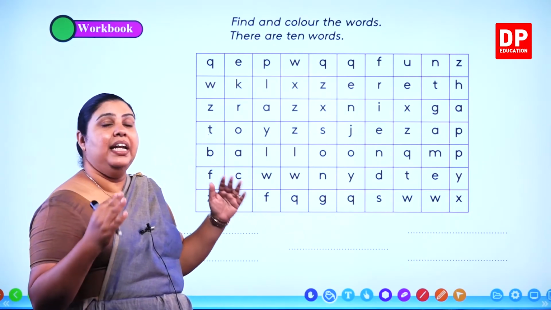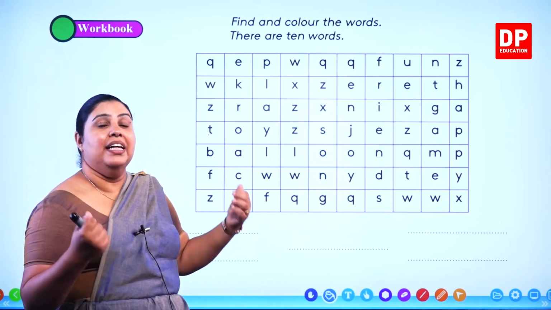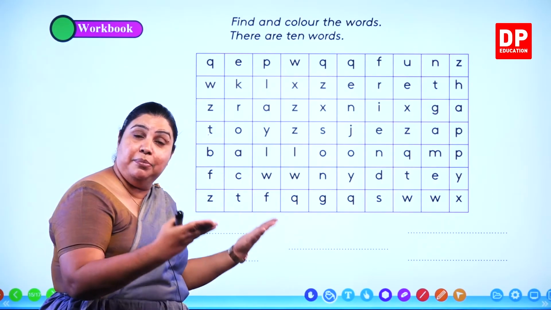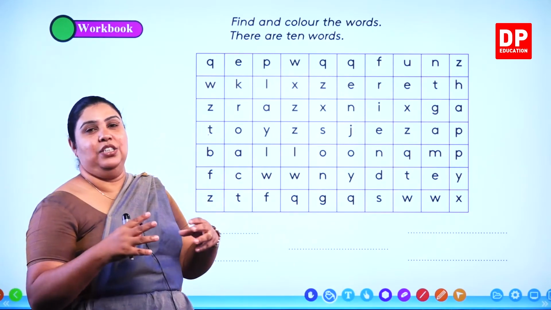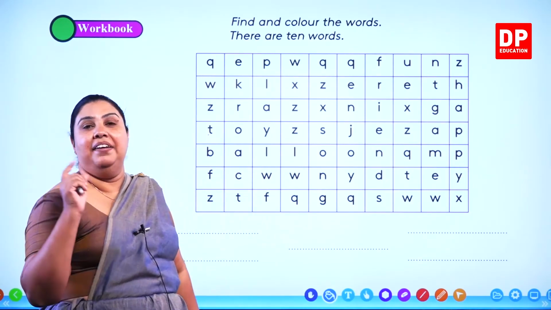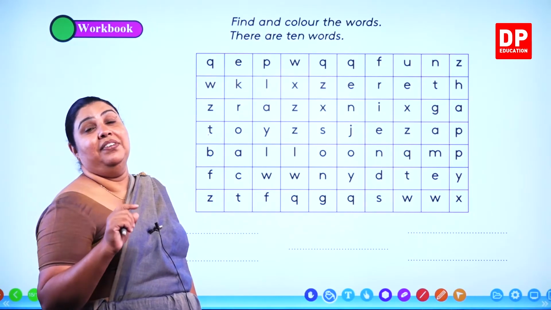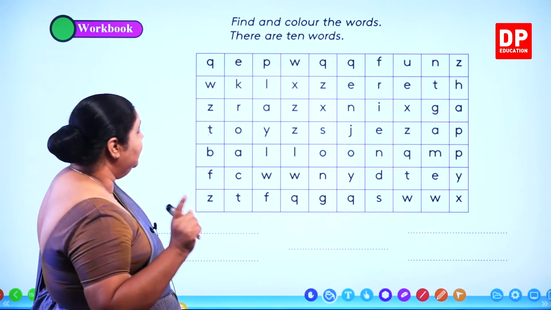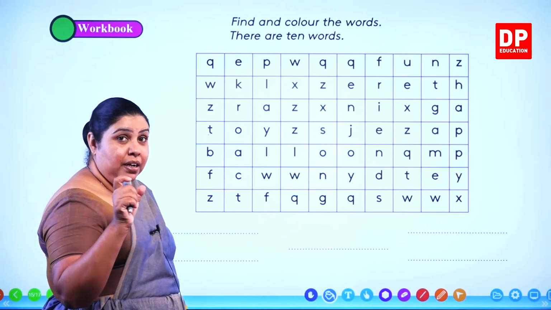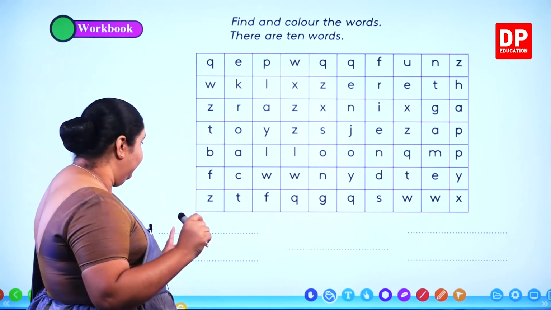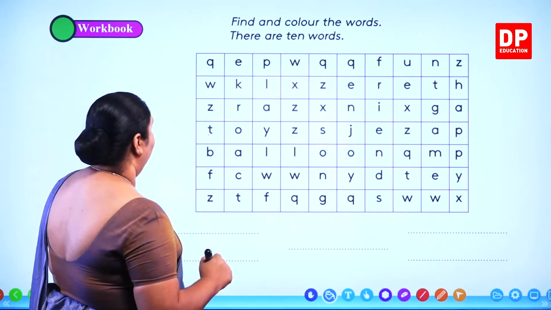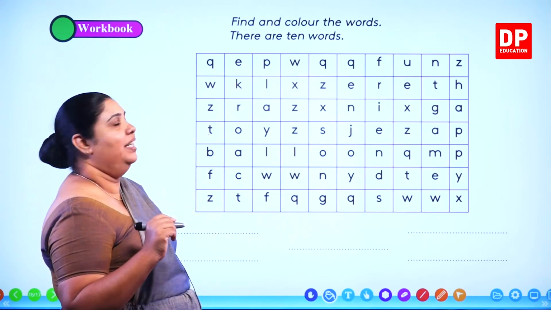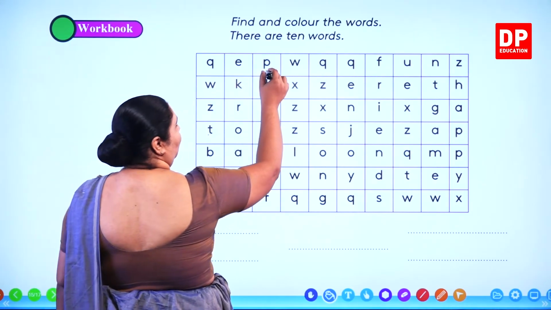Now, these words are related to celebrations and the happiness and the times that we are happy and that we celebrate the festivals. So, they are related. So, we have to find words like that, and we will color them, and then we will write them on the lines like this. First, we will try to find the words and color, and then I will write them one by one on the lines. Okay. Now, I can see a beautiful word here, and that is what you all like.